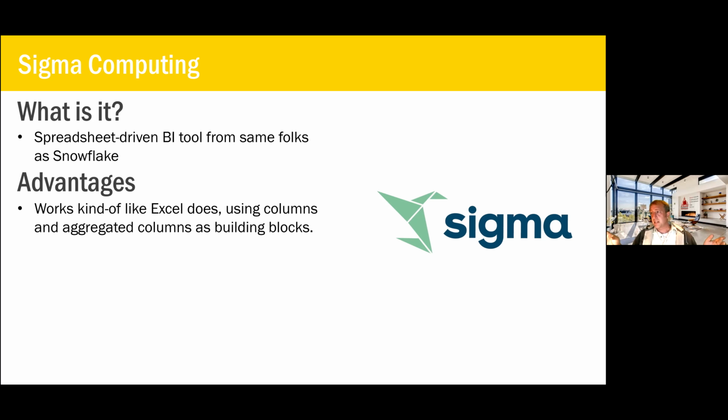So Sigma basically tries to do as much as possible to get the experience of building out data visualizations and measures, like BI calculations, like Excel. They want your experience to be Excel-like, right? And what they end up doing is you build columns, right? So you can build measures, and your last step is usually building measures that you drag onto a visualization, but you do it one column at a time.